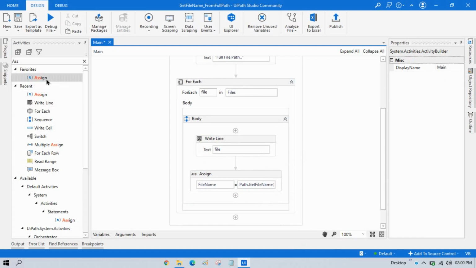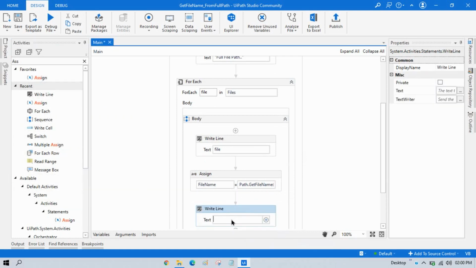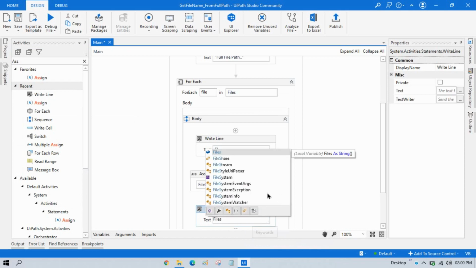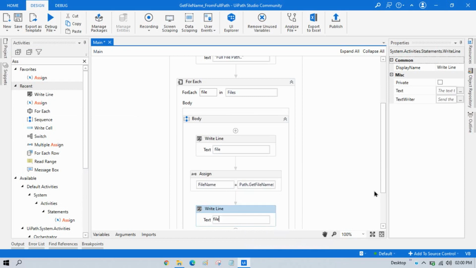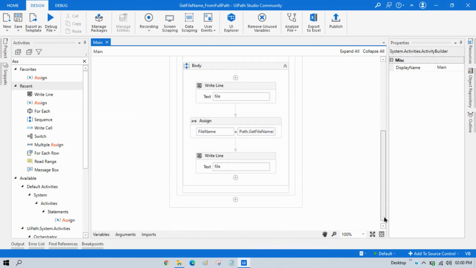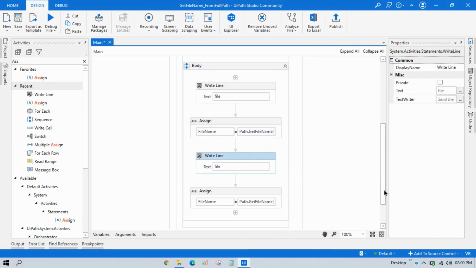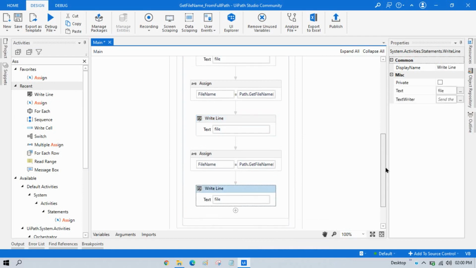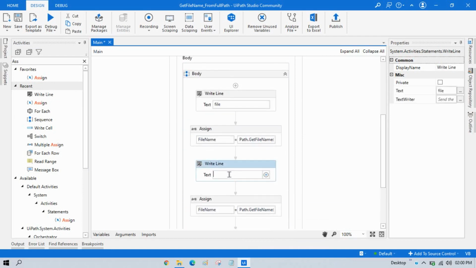And now let me take one more assign and a Write Line activity again, so that I can show you that file here. Now let me copy this one and paste here, and again copy this one and paste here. So let me put fileName here. Once we assign, it will be assigned to this one.